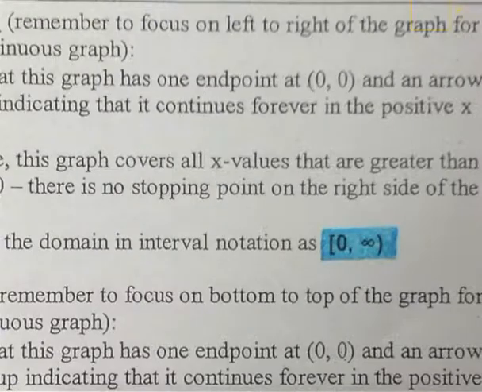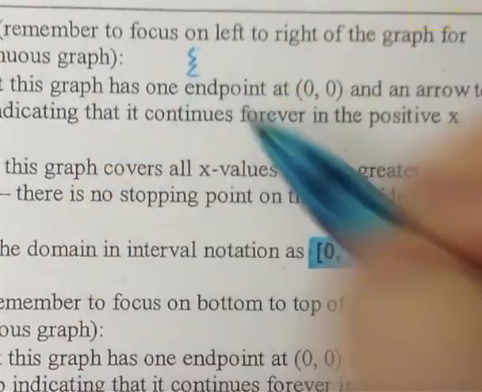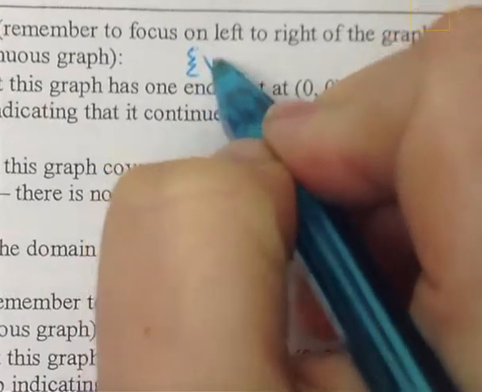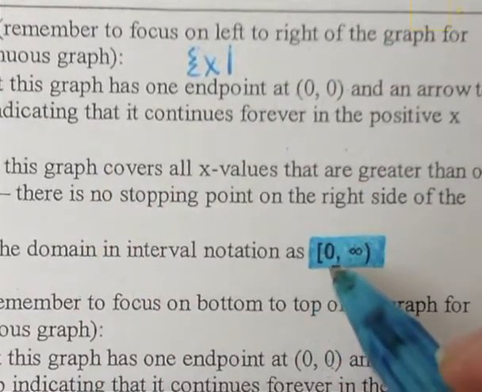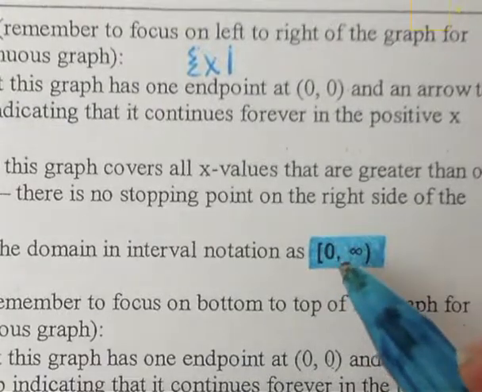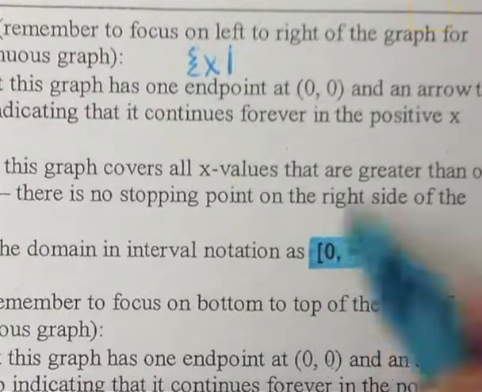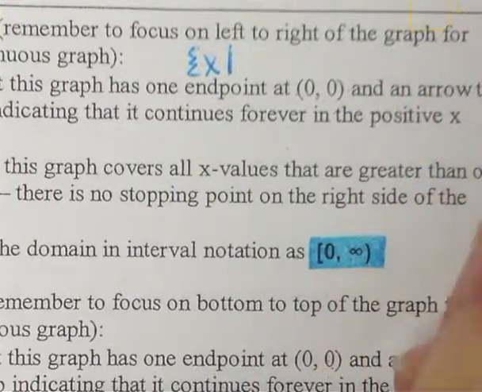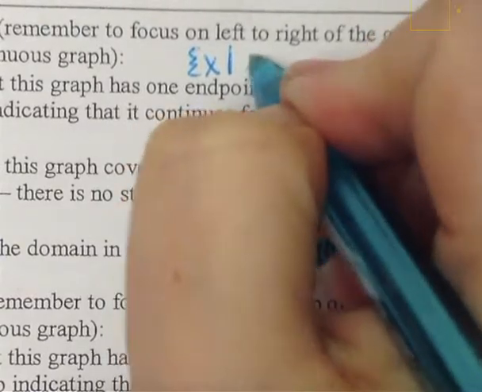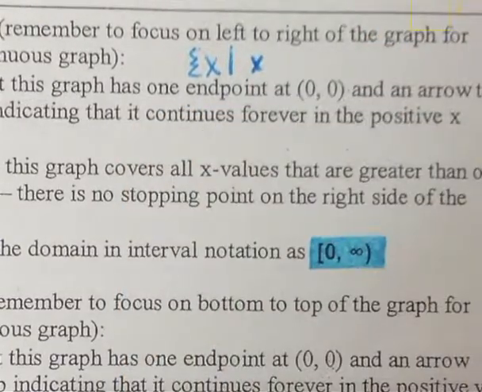We also want to write this in set notation. So for set notation, I'm just going to write it up here. I'm going to have my squiggle bracket. It's going to be x such that, because I'm dealing with domain. Now, because I only have one endpoint and it goes on forever, I know that I don't want to try and go between two numbers. So I'm actually going to have only one inequality. So I'll actually start with my x values,